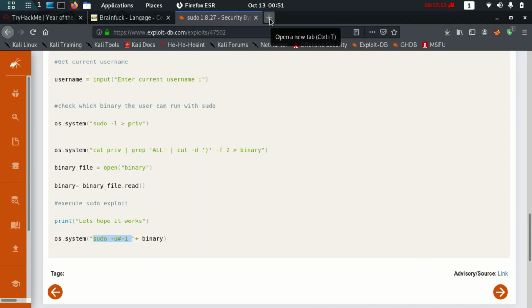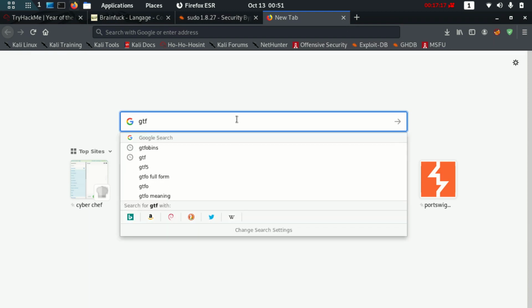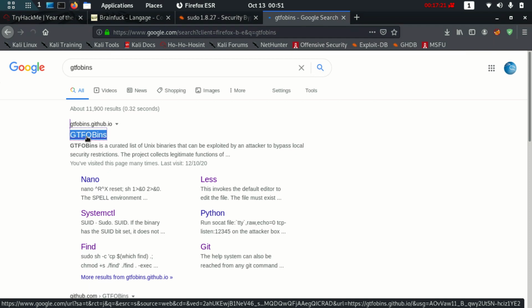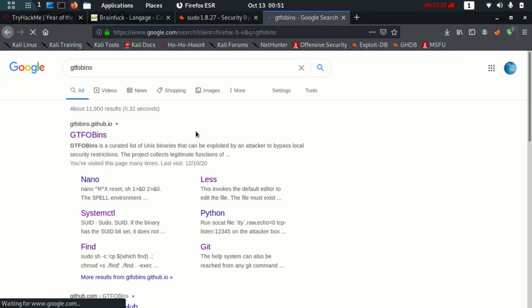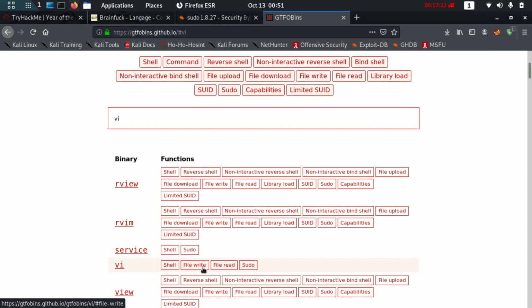Okay, now let's go to GTFOBins, and in GTFOBins let's type vi, because vi was the command which we were not allowed to run.